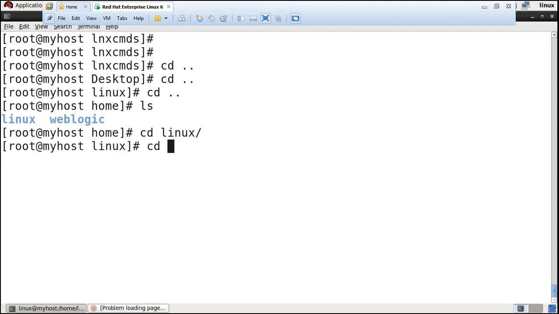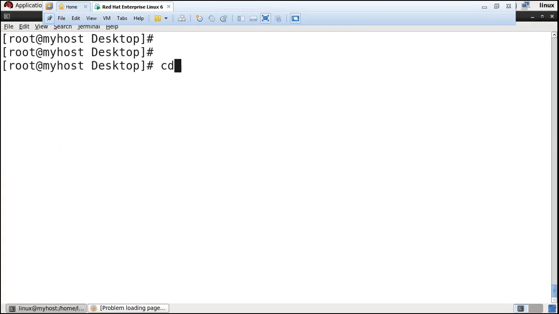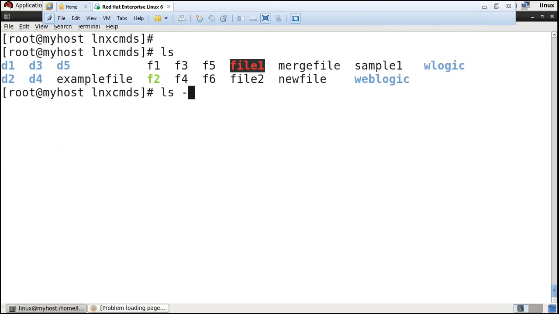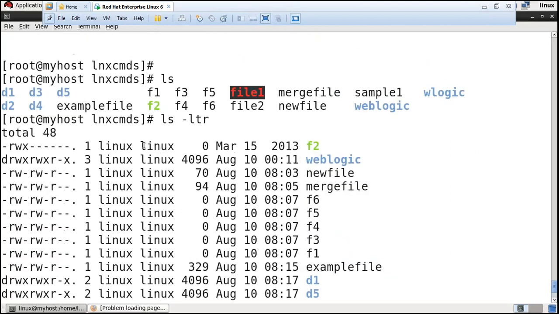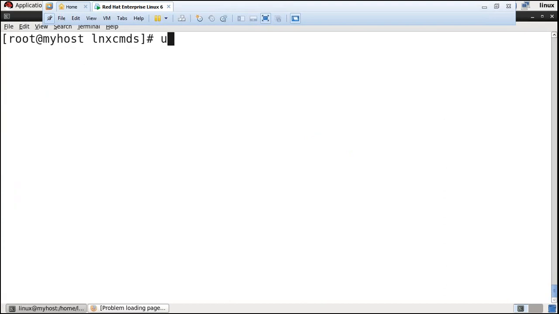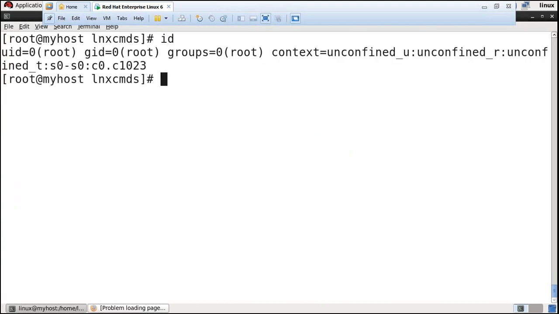What I need to do here is change the owner as well as the group. ls -ltr. By default, whenever you create a user, it takes the username and group name both the same if not specified. If you take this F2 file, what is the user here? Linux. What is the group? Linux. You can come to know it with the id command. You can type id. See, the UID is displayed like this.